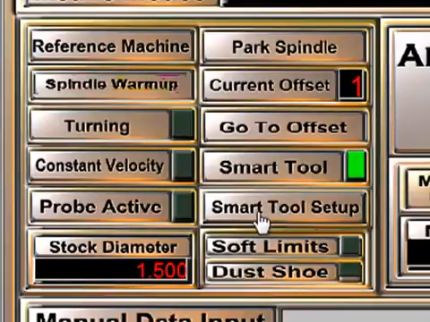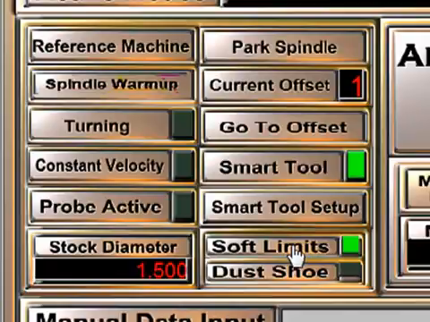This button below, the Smart Tool Setup, is used to set up when you're working on flat stock. For example, you'd put the mobile pad on the surface of the wood, position the cutter over the pad, and press this button, Smart Tool Setup. It will touch off the mobile pad, then touch off the Smart Tool pad, calculate the distance to set Z for the 0 on the surface of the wood or on the table, wherever you placed the mobile pad.